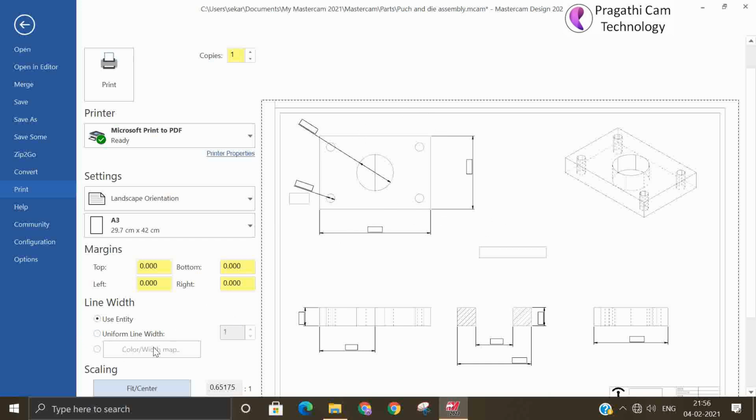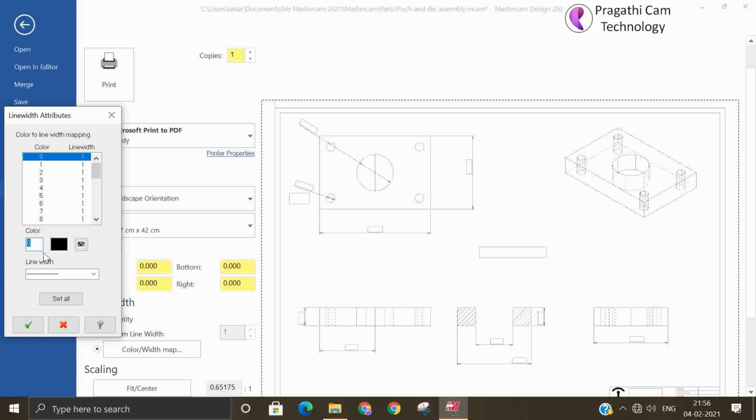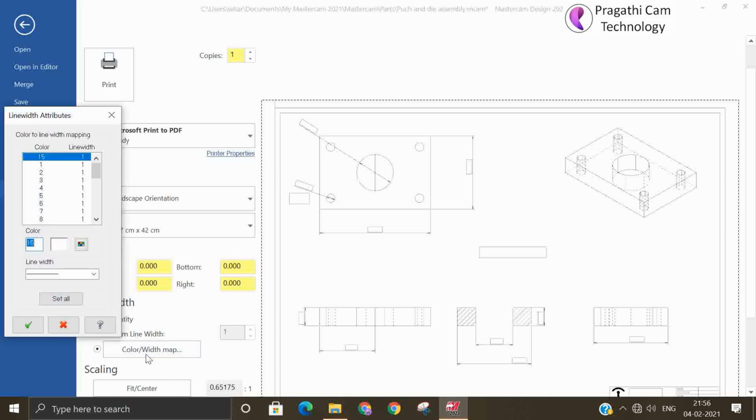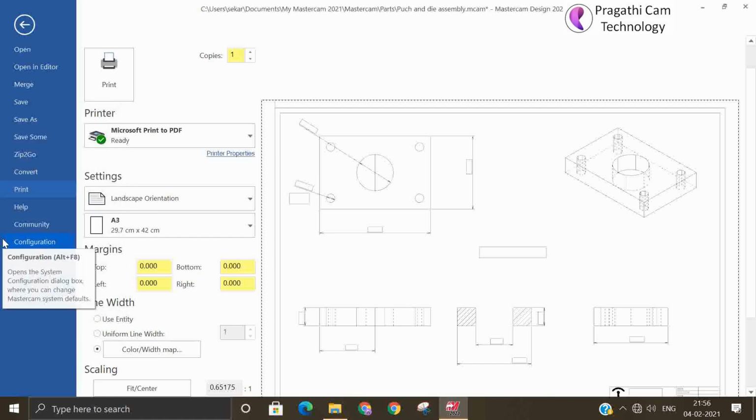So if you want to change the color difference, if you want the object line a little thicker, you can do it. White line, I think 15. Okay. 15 means white. For the remaining numbers, you can just check the color number. So 15 is the white color number.